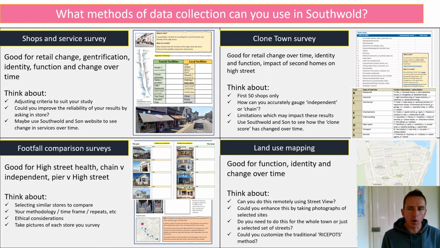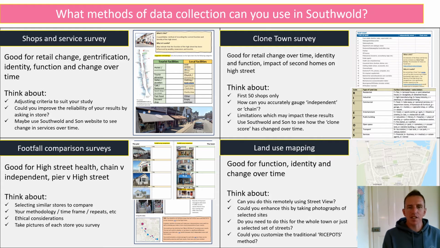Basically what this involves is colour coding the buildings or the streets on a key which is tied into this RICE POTS idea. So for instance, where you've got residential buildings, it might be logical to give that a red colour, because R for red and R for residential. And you would literally colour in any residential buildings within a zone that you're investigating red. Any industrial ones, so for instance things like Southwold Business Park or Adnams Brewery, you might give a blue colour,